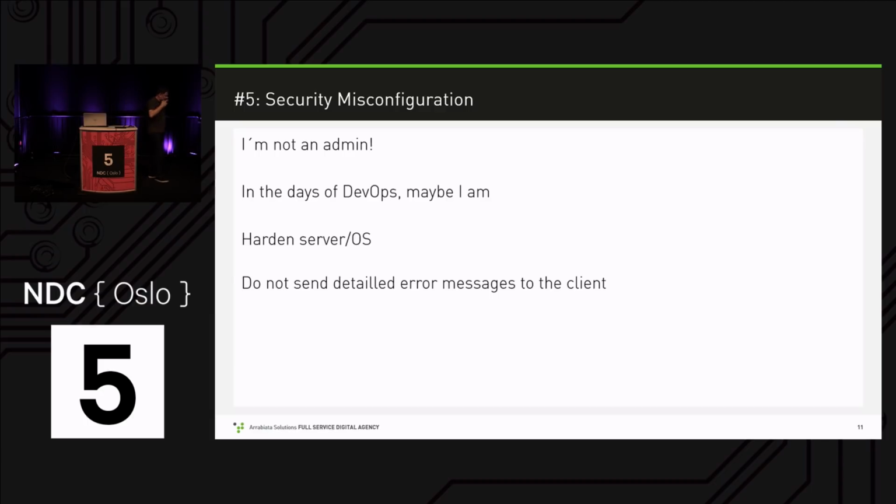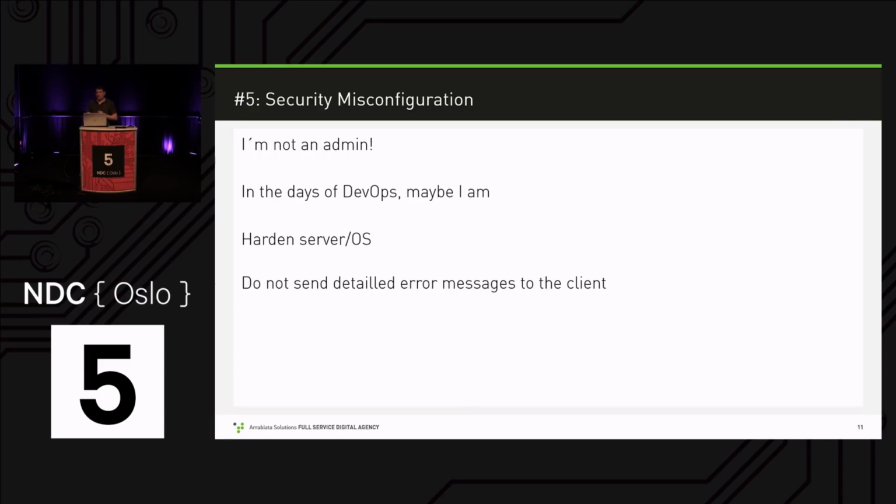Damn it. Yeah, so, of course, the server, the operating system, they need to be hardened. We have to make sure that error messages are not shown to the user. Stuff like that. So all of this is kind of put into number 5, which kind of is obvious, and if you're lucky, then there is an admin that does take care of that for us. If not, you have to keep that in mind.